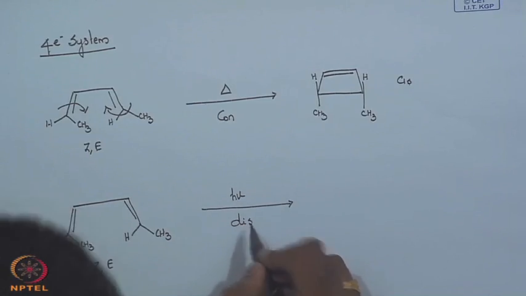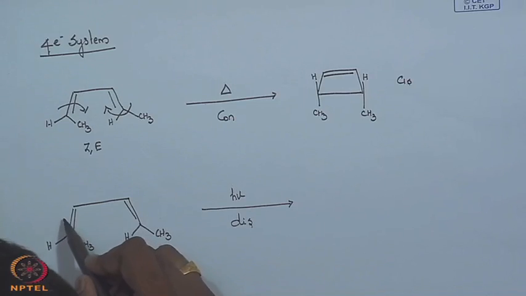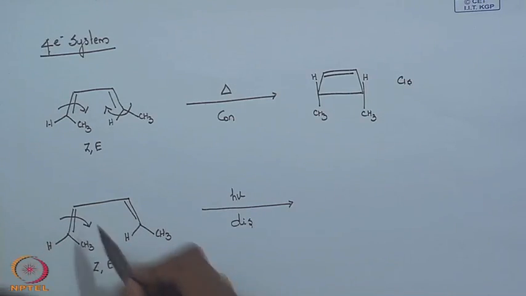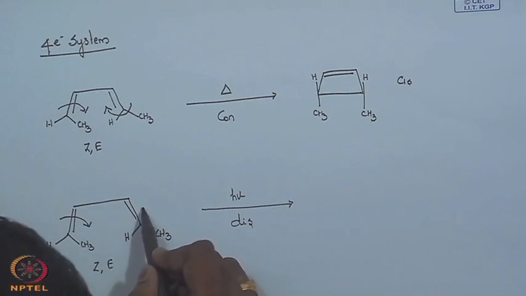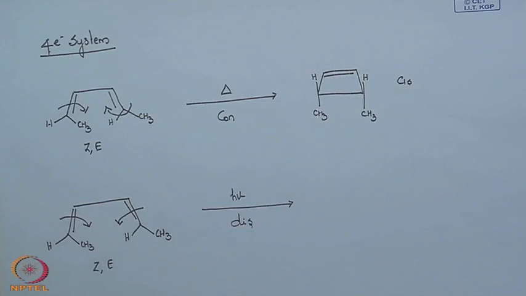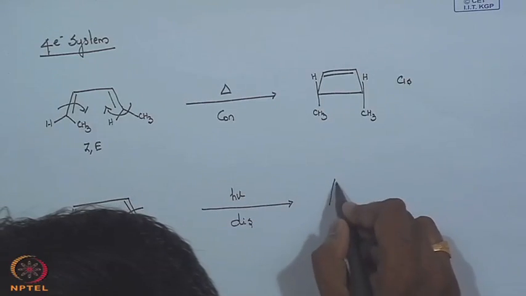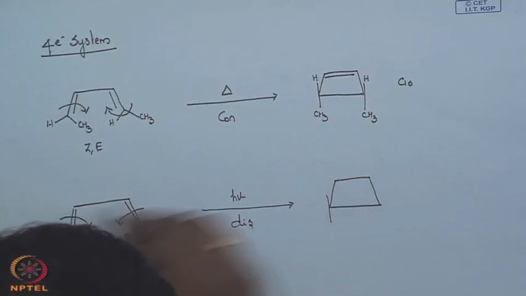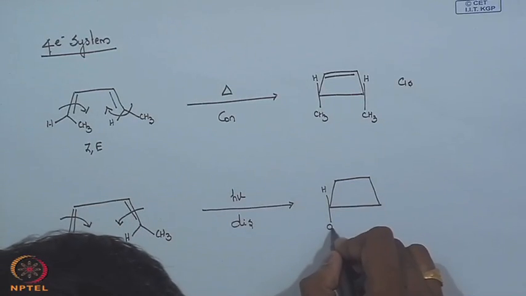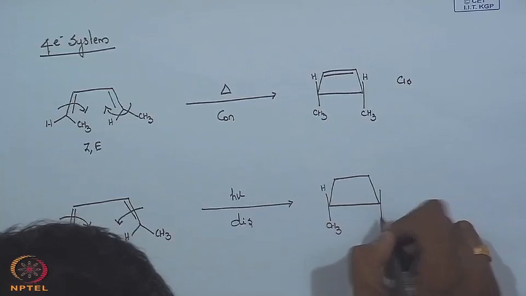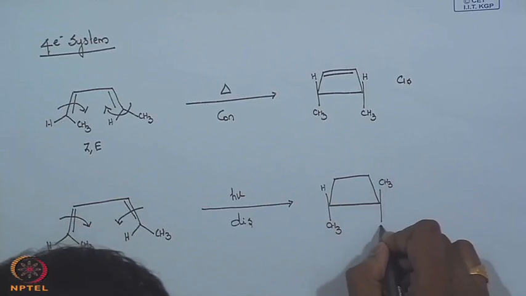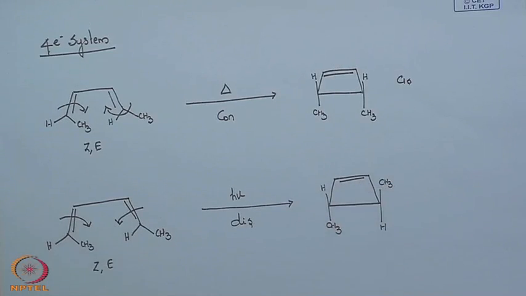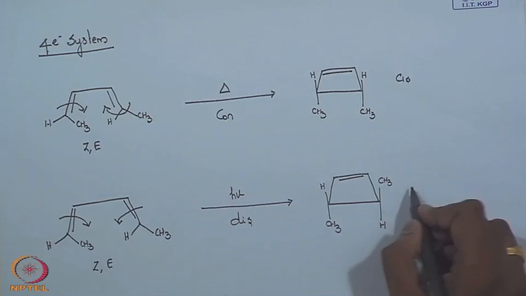So, this is allowed. In this, one should be clockwise and the other anti-clockwise, right. Now, the hydrogen goes up, the methyl on this side comes up. So, what product are you getting? On this side the hydrogen is up and you have a methyl down, on the other side you have a methyl up and a hydrogen, and you have a double bond. So, what is this? It is a trans.